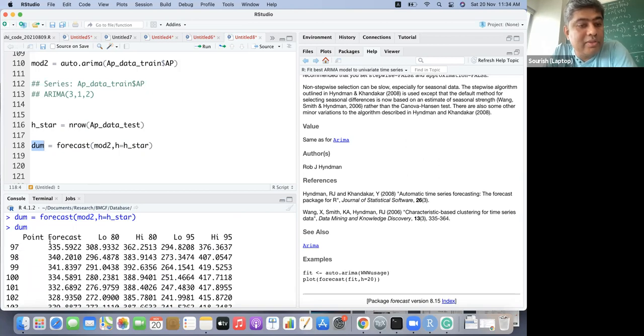It gives a point forecast. Then it gives a low of 80%, high of 80%, and 90% and 95%. So it gives a kind of confidence band. We have to extract the point forecast.